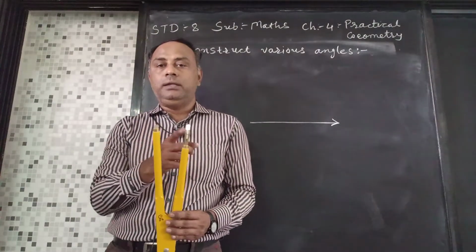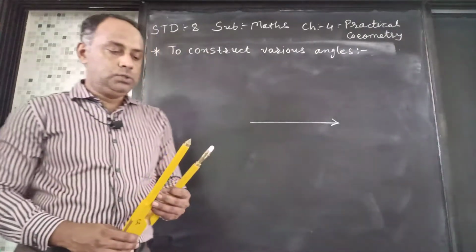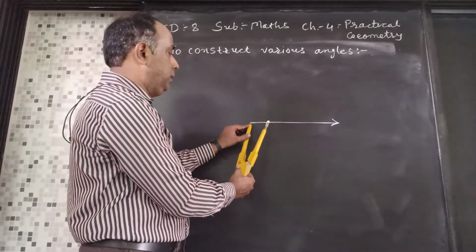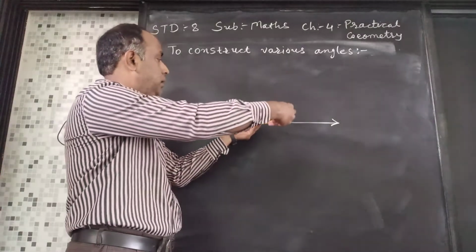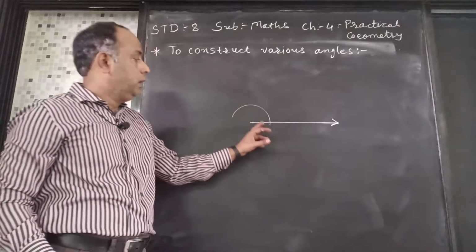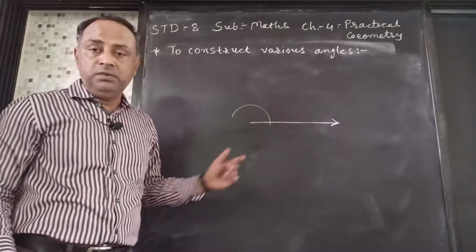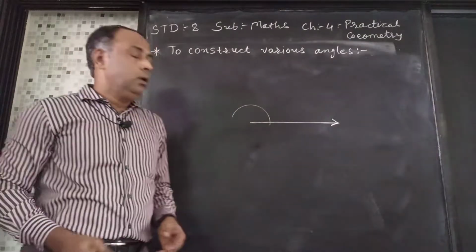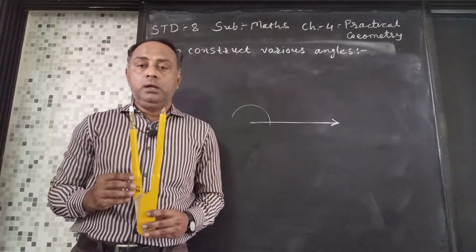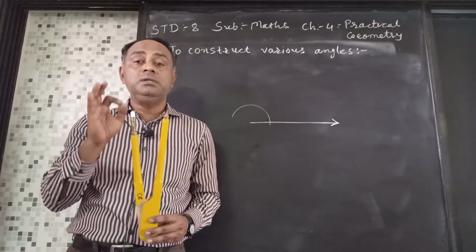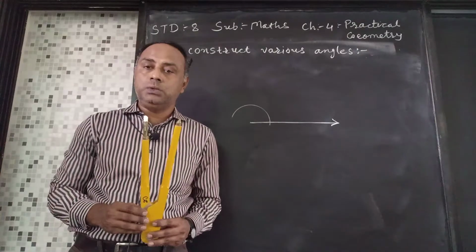I told you that the length between these two ends of a compass will be called the radius. So take a radius of your choice and keep the pointer part of the compass here, and then draw a semicircle. There you see I am drawing a semicircle in such a way that it is intersecting the previously drawn ray. Now it is very important to understand that we are going to keep this radius the same. So here I am going to keep this radius untouched. Okay, it is going to remain throughout all the angles I am going to construct.